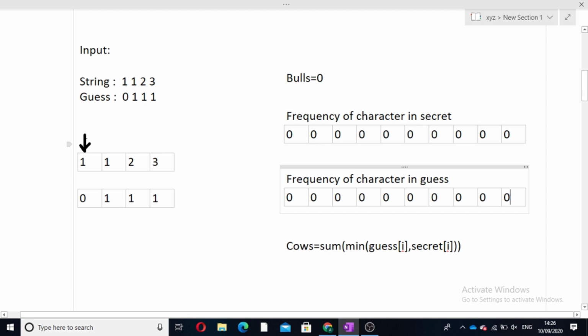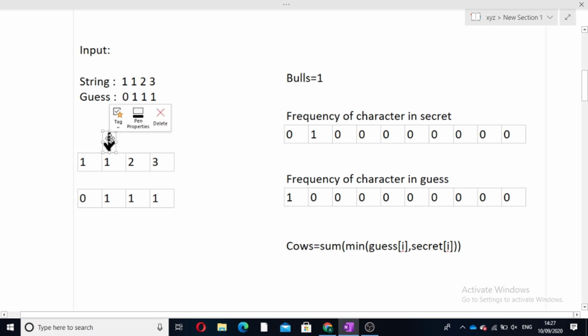Now our pointer is at the 0th index, both the characters are different, so we will update these corresponding values in the frequency array. Here the first index will be updated, here the second index will be updated. Now we again move our pointer ahead. Now the characters of both the strings are equal, so we will update our bulls variable.